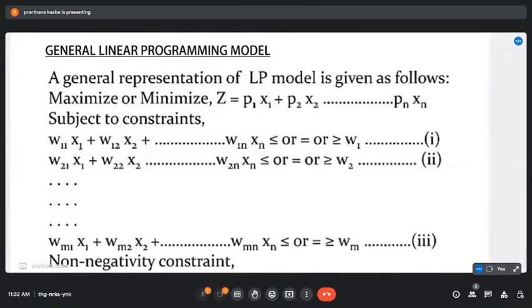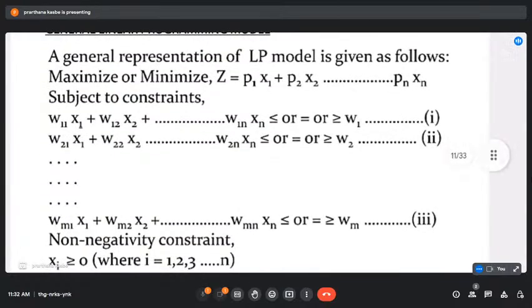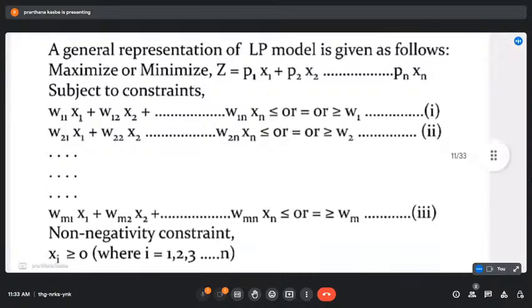Subject to constraints: w11 x1 plus w12 x2 plus dash dash dash w1n xn is less than or equal to, or equal to, or greater than or equal to w1, that is one function. What is the